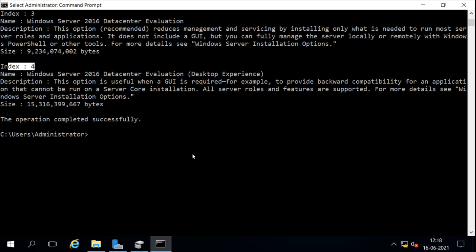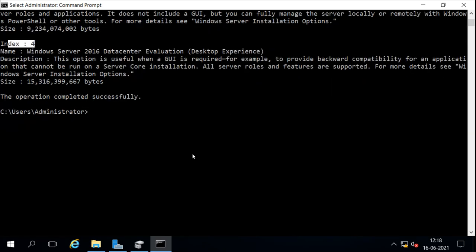For applying the image on this virtual disk, I will use DISM /apply-image with the index number equal to whatever index number you want.